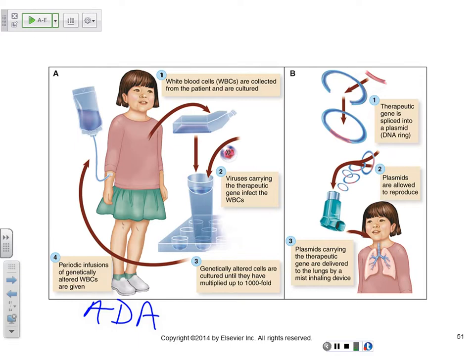adenosine deaminase, okay, because it causes all these problems. And in this other one, they used a plasmid, which is, again, recombinant DNA technology. It's like a bacterial DNA, and then you modify it and you insert the gene by splicing. You insert the gene for ADA, adenosine deaminase, and then you put it in an aerosol, like an asthma inhaler, and then it will infect your respiratory system cells and so forth. You use it like a cold virus to do that, because the cold viruses will target the respiratory system, and then that's another way of introducing that normal gene.